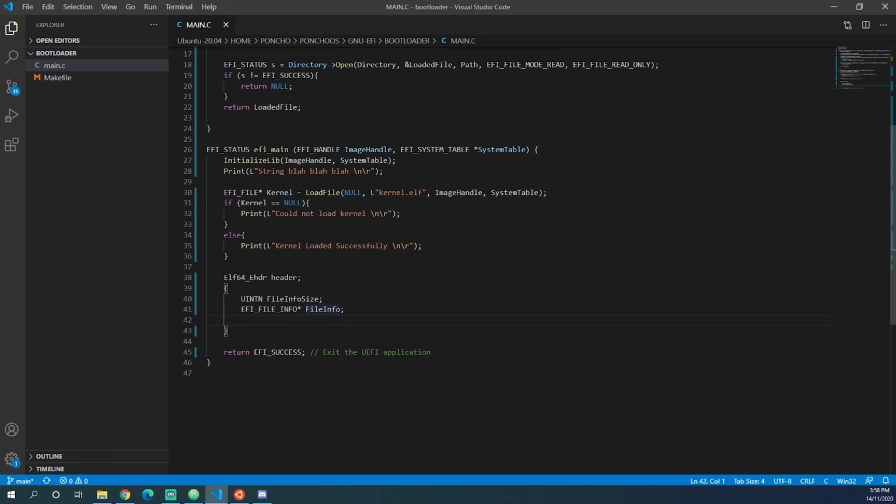So right, back down here, we can now do kernel get info, kernel, get a reference to gEfiFileInfoGuid, a reference to file info size, and null. What this will do is set the file info size to the size that we need for this kernel. Right, now we need to do system table boot services